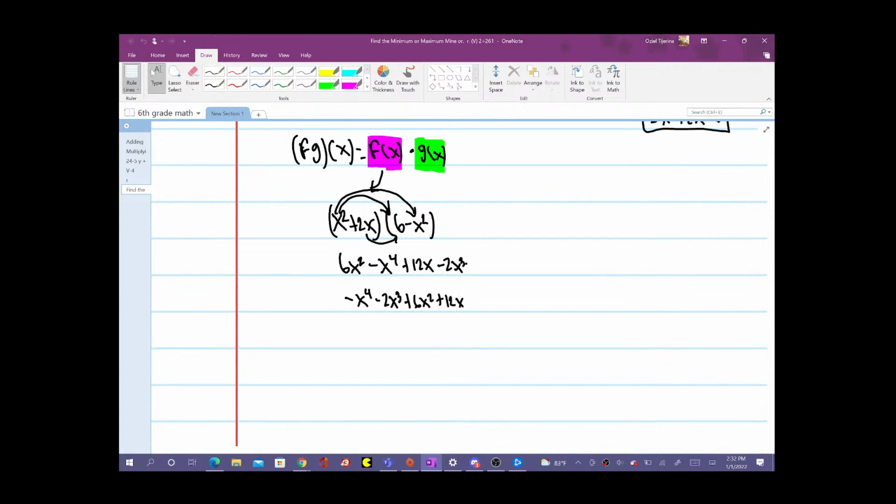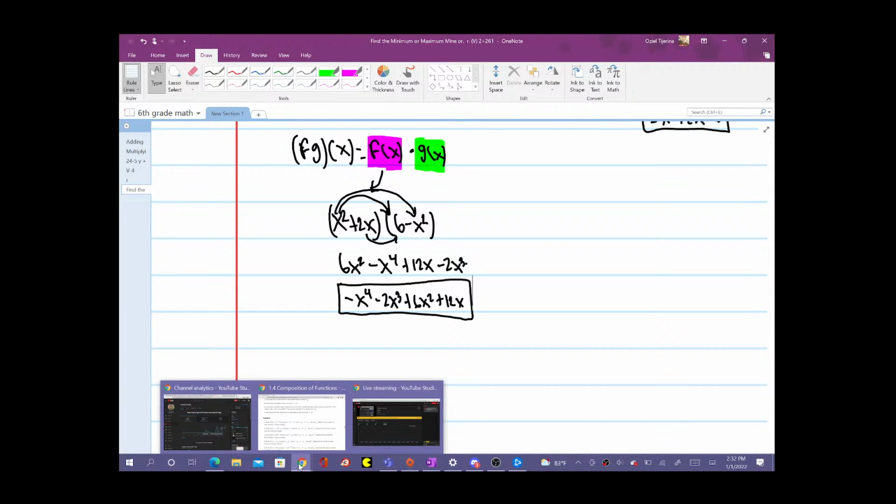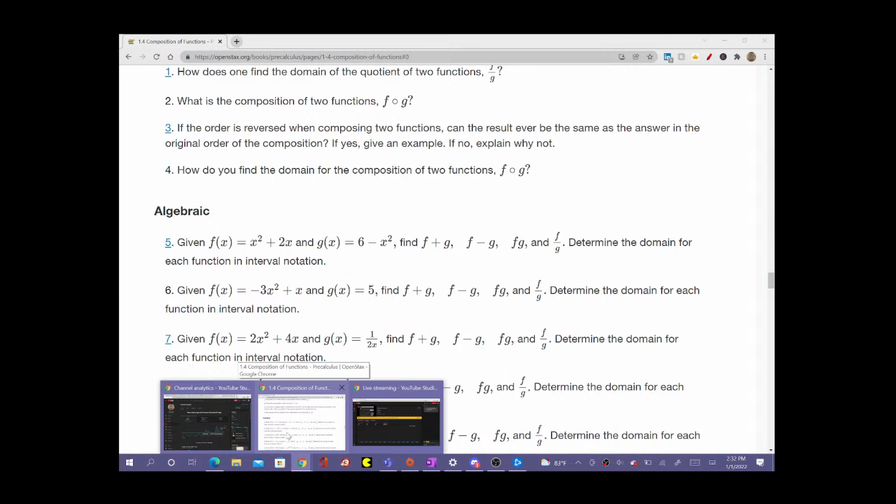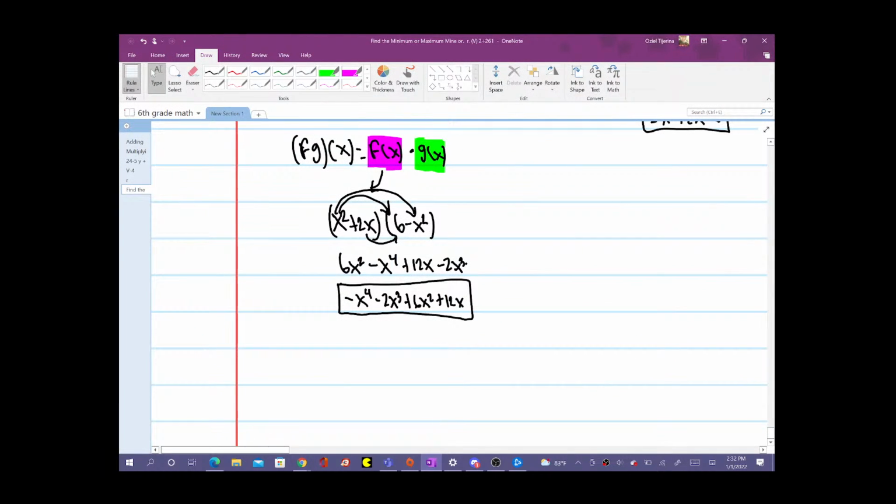So this should be the answer to this. Negative x to the fourth minus 2x cubed plus 6x squared plus 12x, right? So the next one that we need to find now, that's for f g of x. So now f over g of x